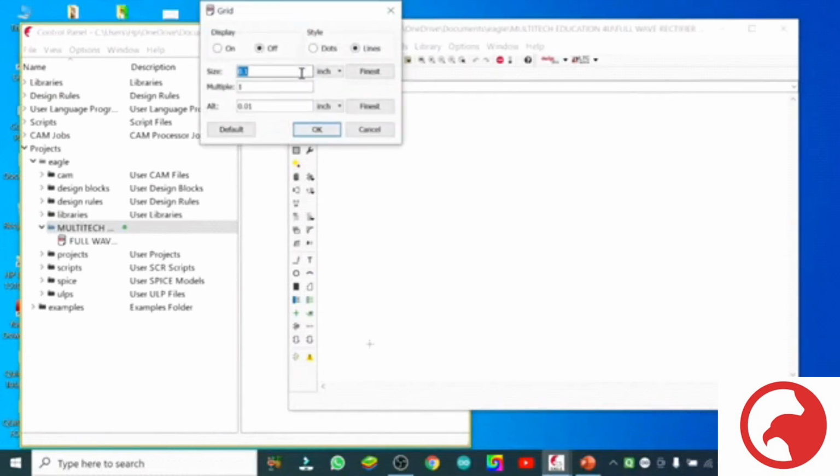And this is the grid. It is a very important thing. The grid selection: when you make a schematic and want to make a printout of it, the size should come the same in the printout, not scaled.